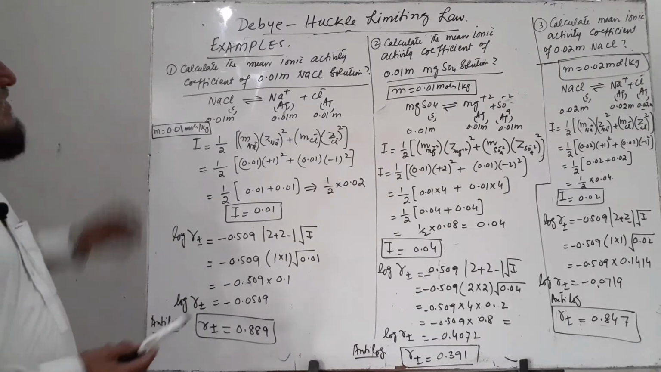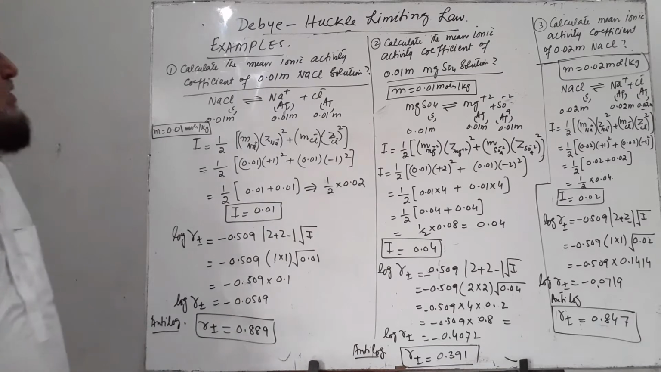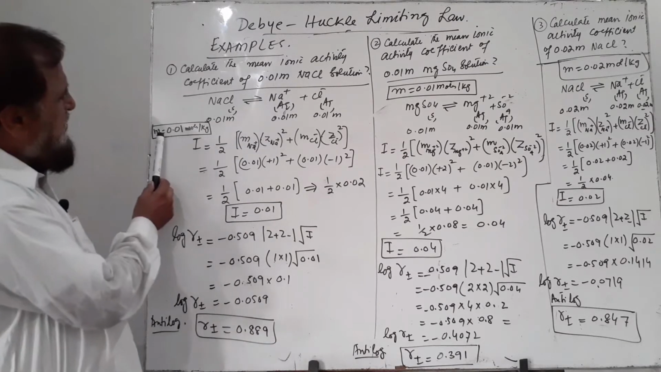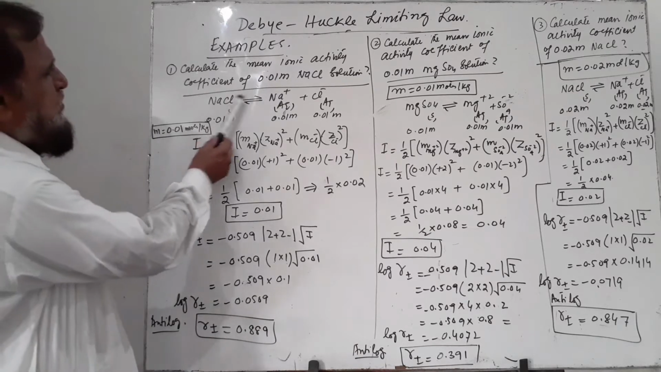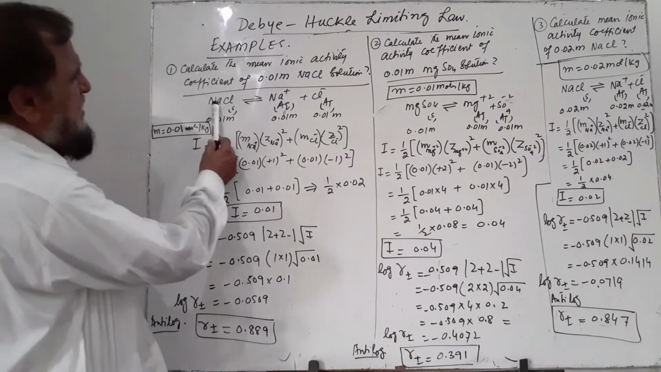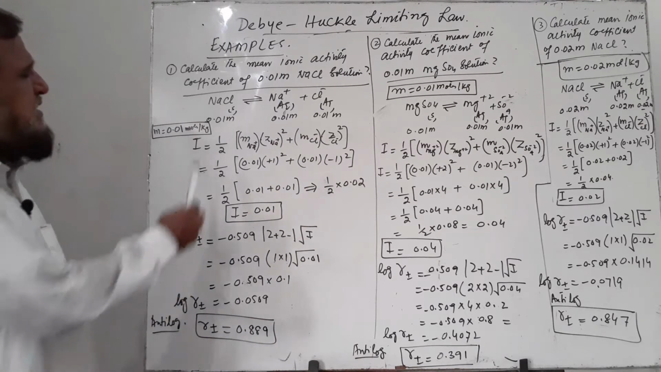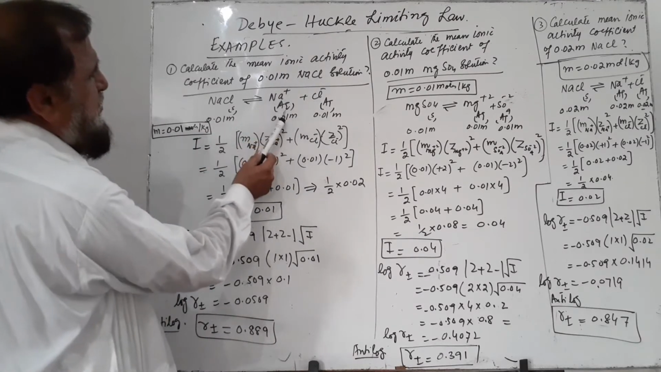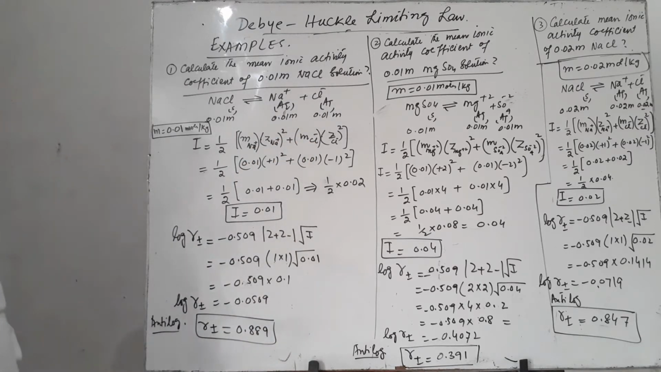Example 1 is to calculate the mean ionic activity coefficient of 0.01 molal sodium chloride solution. Here the molality is 0.01 mole per kilogram. When sodium chloride is dissolved in water, it dissociates to produce positive sodium ions and negative chloride ions. When 0.01 molar dissociates, the concentration of sodium ion is 0.01 molar and the concentration of chloride ion is also